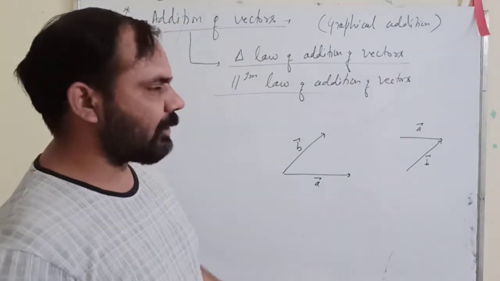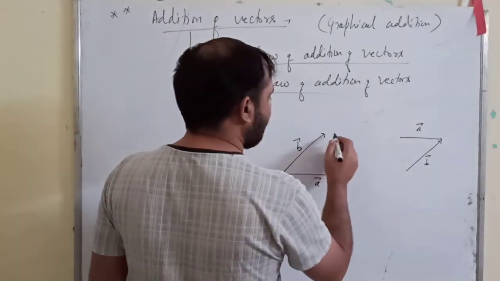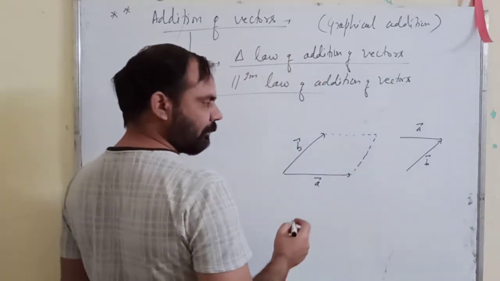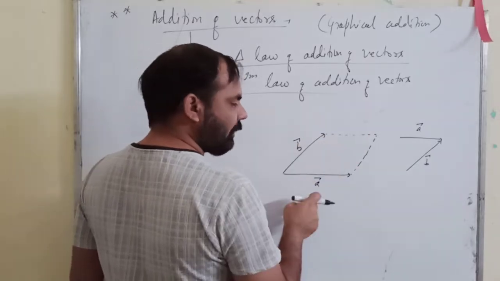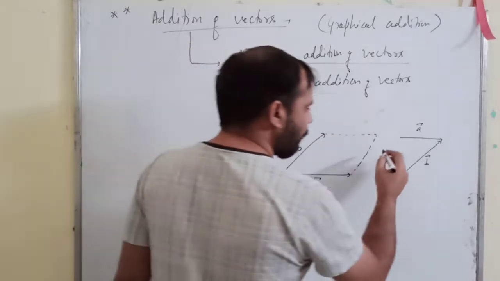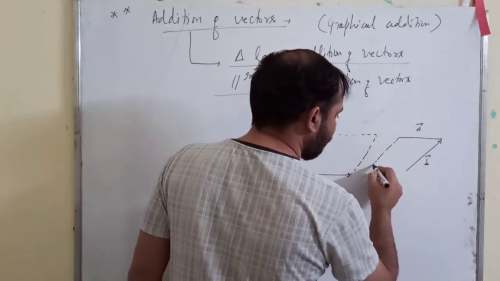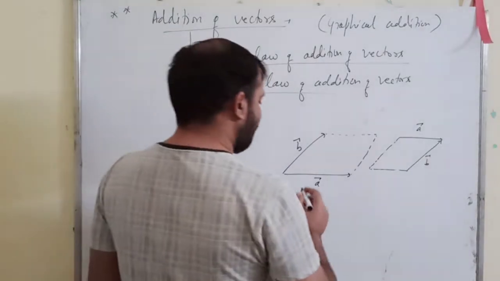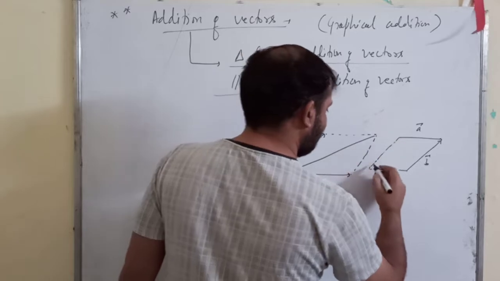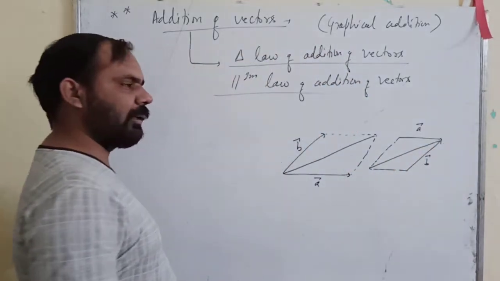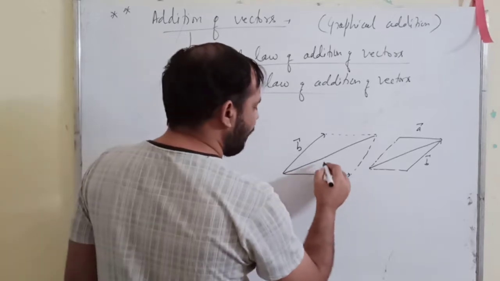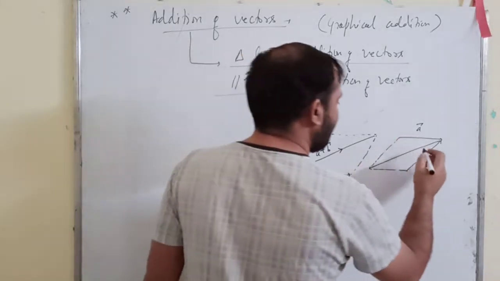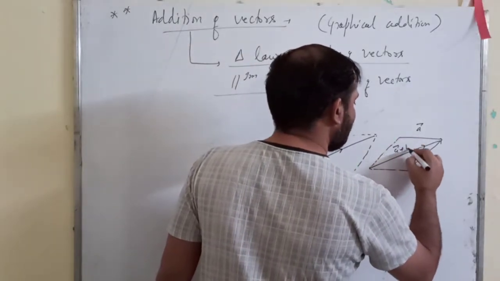Now if you have the vectors in this way, then you form a parallelogram with the help of these two sides. We make a parallelogram in such a way that the two given vectors are the adjacent sides of the parallelogram. Here also I formed the parallelogram, right? Now you draw the diagonal of this parallelogram. Then this diagonal in this direction will represent A vector plus B vector. And here it will be in this direction, A vector plus B vector.